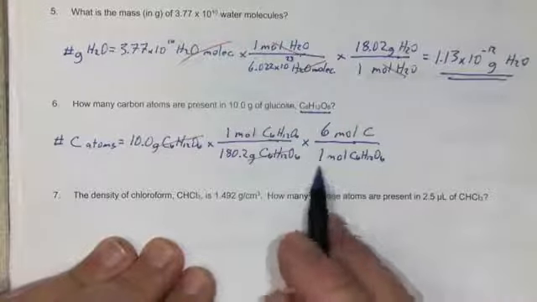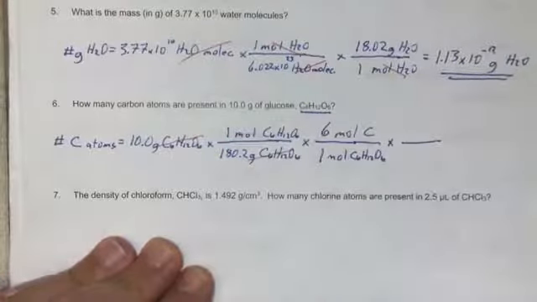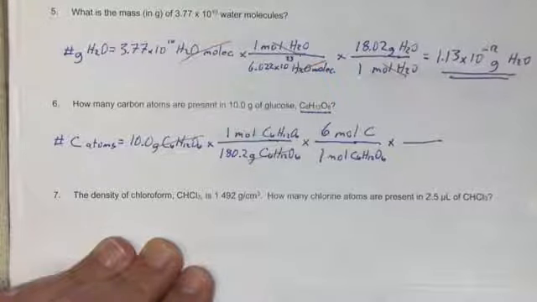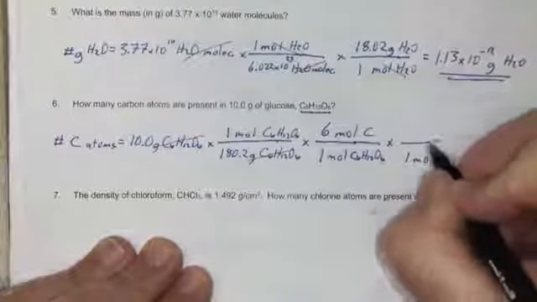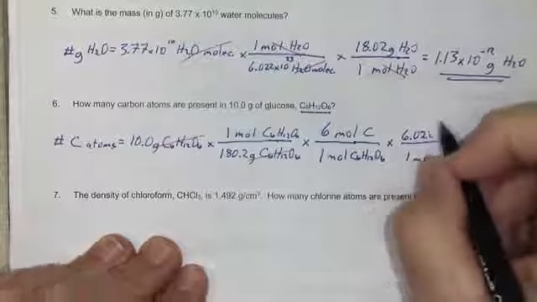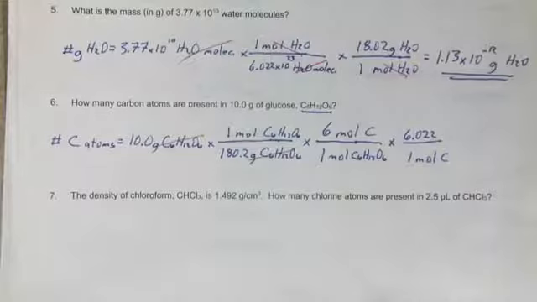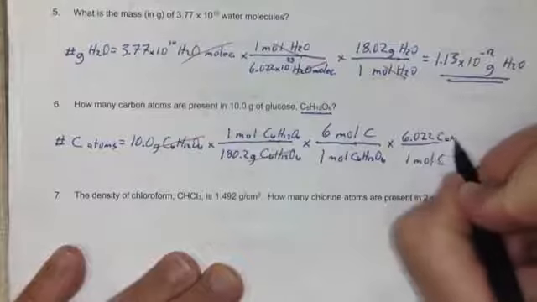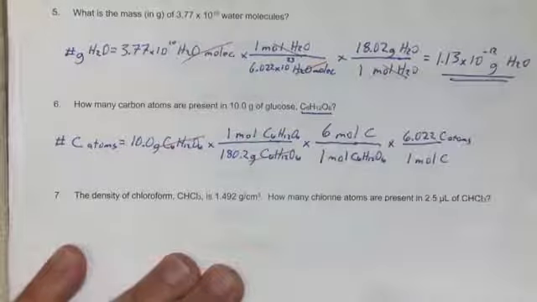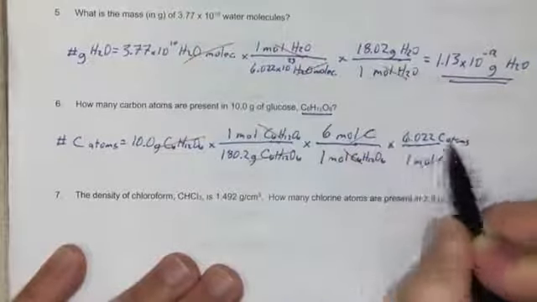Okay, so as we work this then, I want to know the number of carbon atoms. I'll say times, draw a line, and I'll put the number of carbons here will be 1 mole of carbon contains 6.022 times 10 to the 23rd carbon atoms. So this is Avogadro's number. So now moles of glucose canceled and moles of carbon canceled. So now I have it in